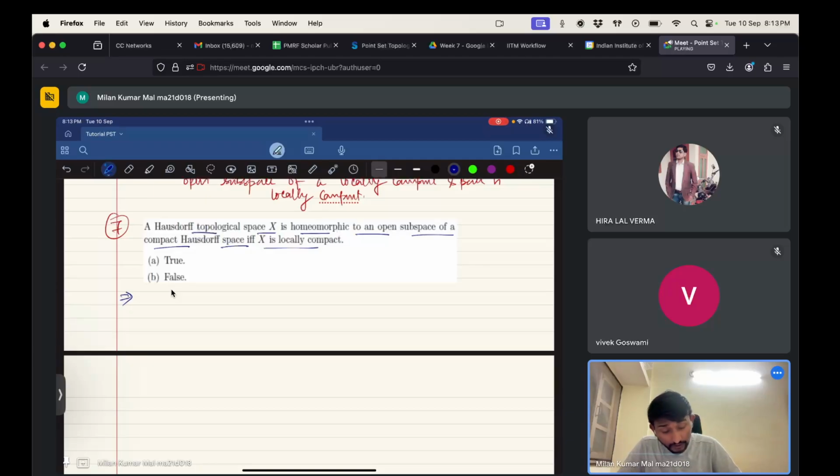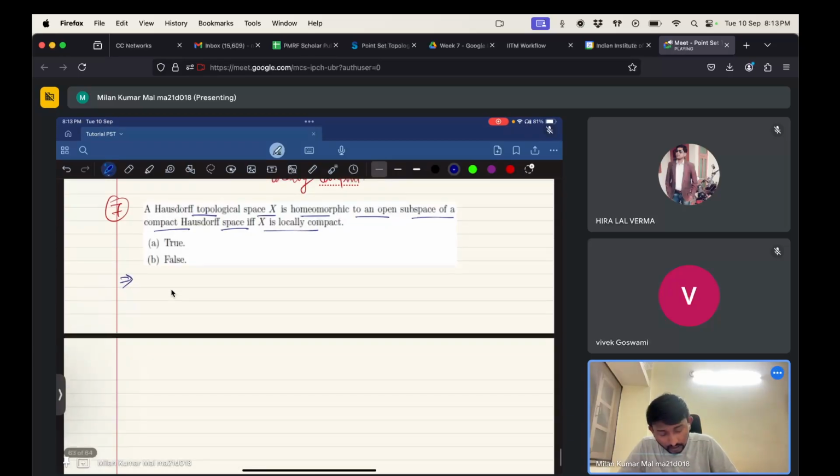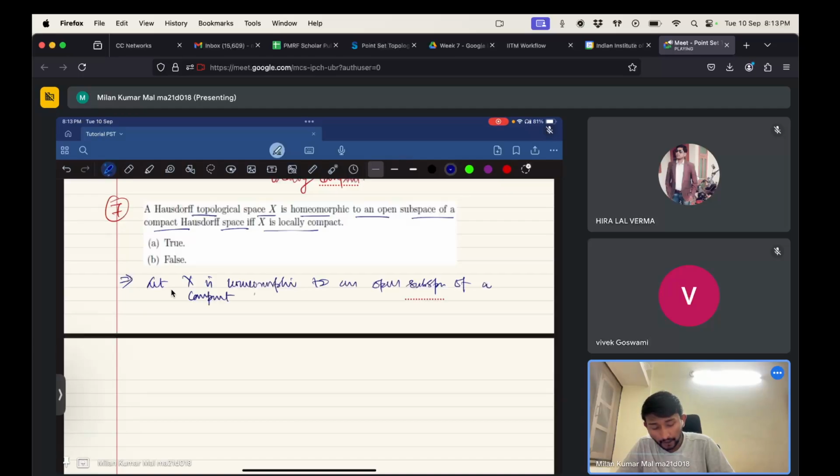So let X be homeomorphic to an open subspace of a compact Hausdorff space X dash. This is the compact Hausdorff space. Then clearly X is locally compact